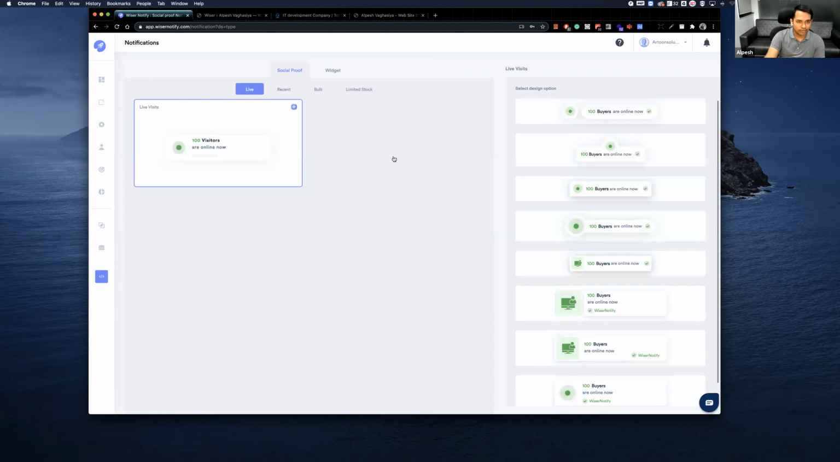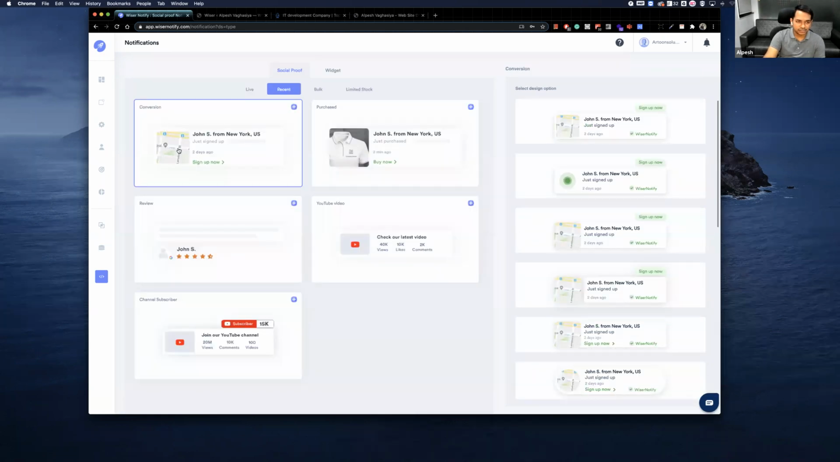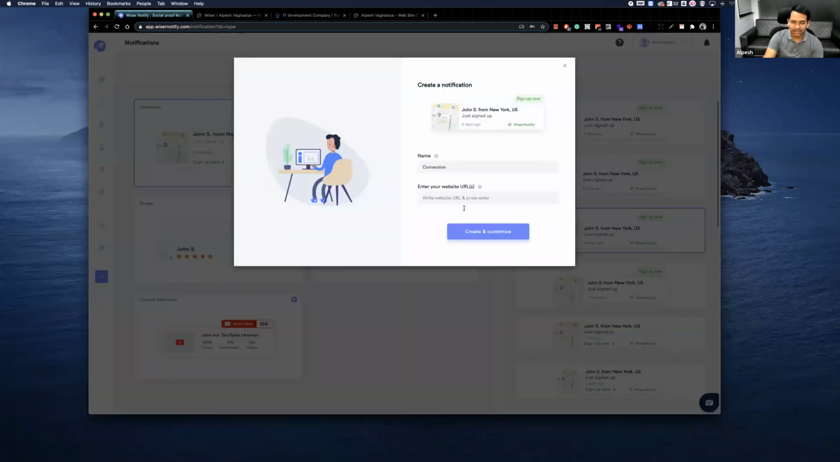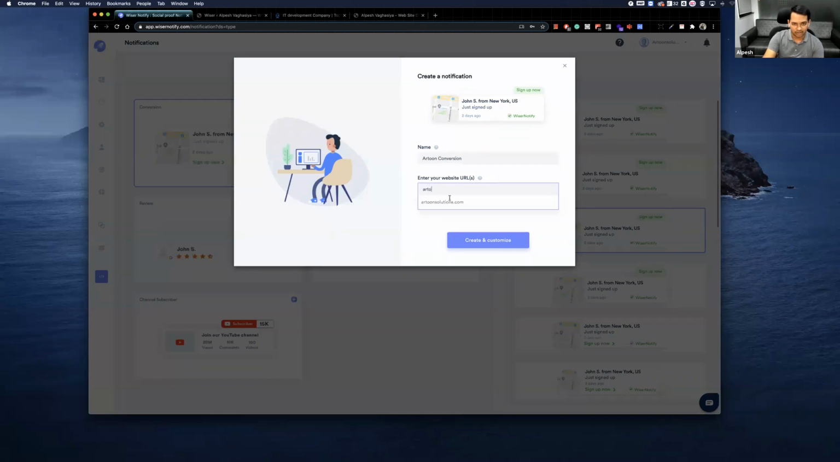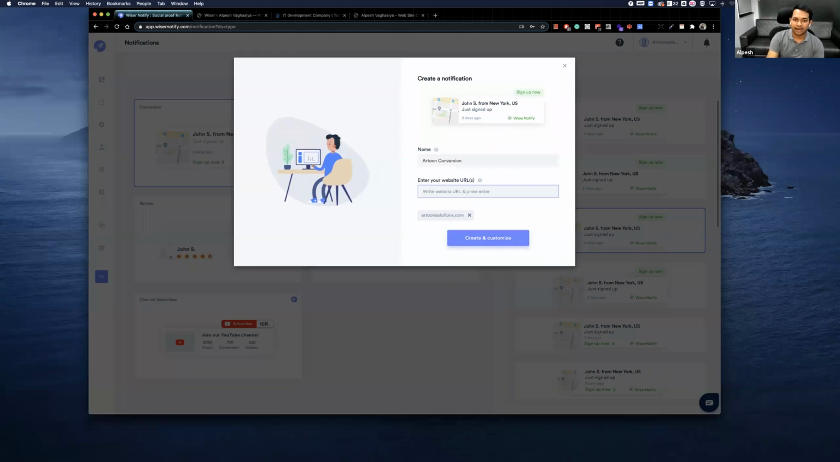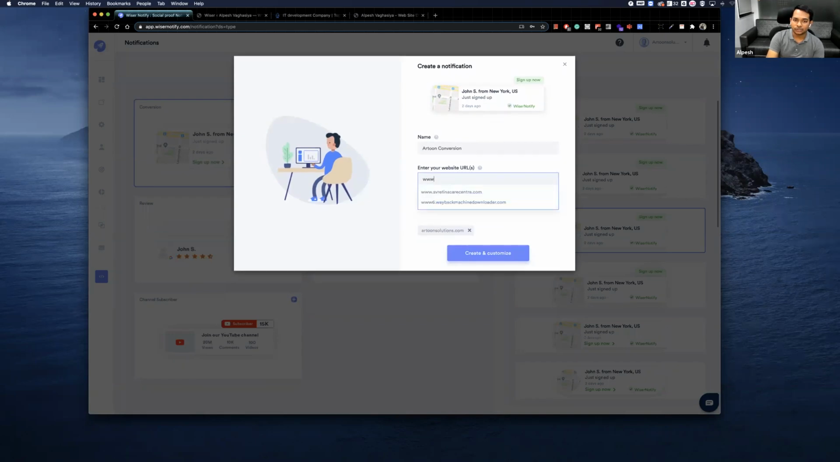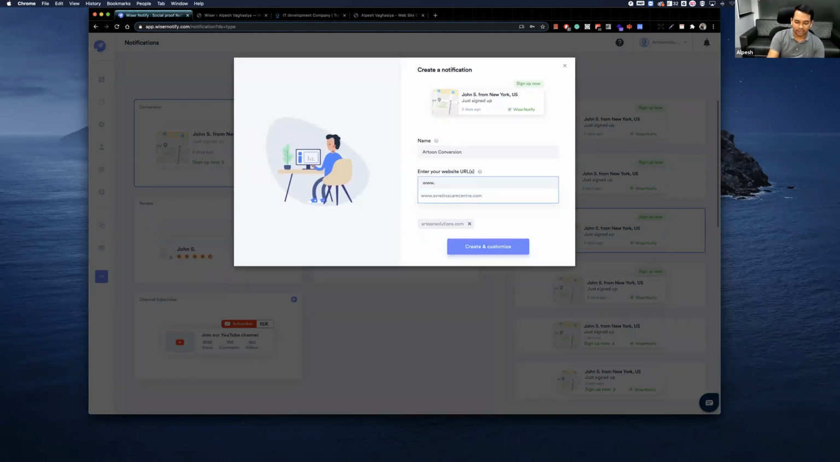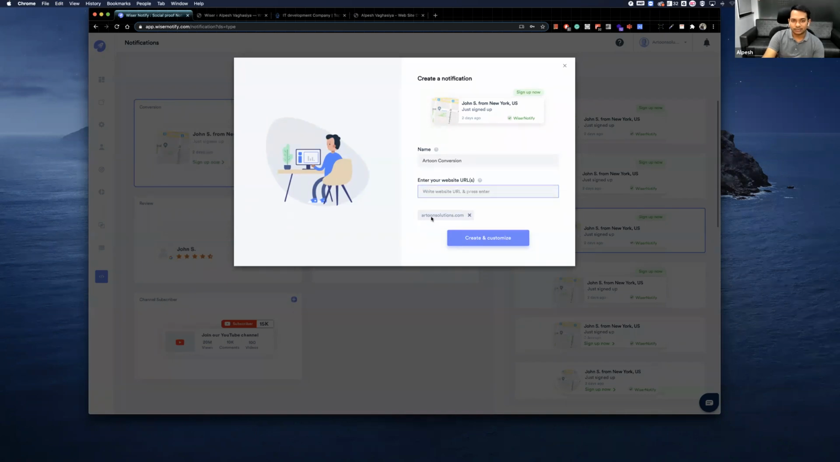So let's say we take one use case for conversation, and we will select that tool. From the design, I will select this third design and I will say conversation. I will say Archon conversation. I want to set up this conversation notification on my website, artonsolution.com. I will select my URL because I already integrated this pixel in my URL. That's why it is suggesting this URL I already have. Or I can write any new URL, and also I can integrate that URL within my notification. So I will just keep artonsolution.com for now. I will create and customize. Once I click on that,